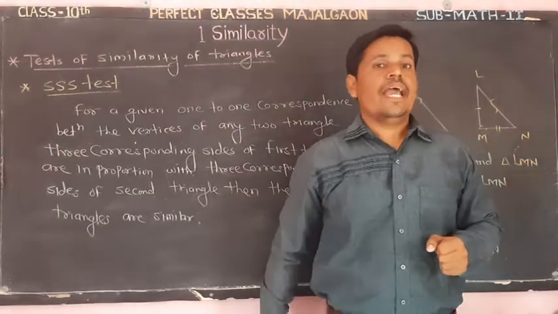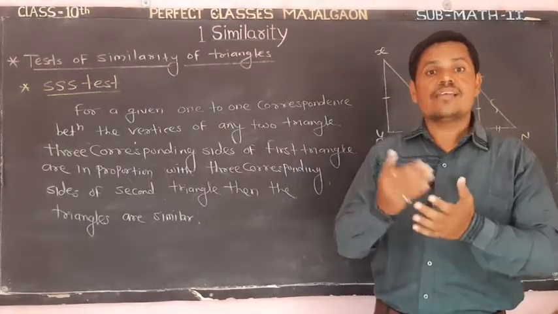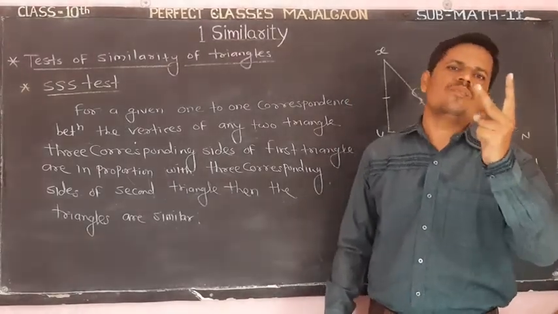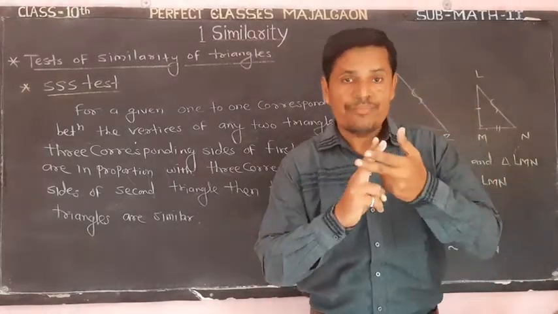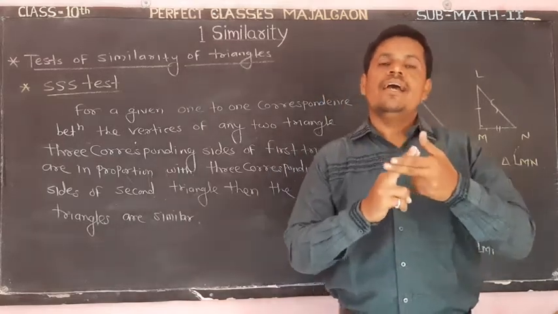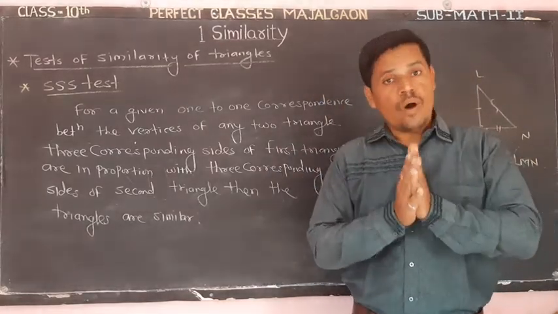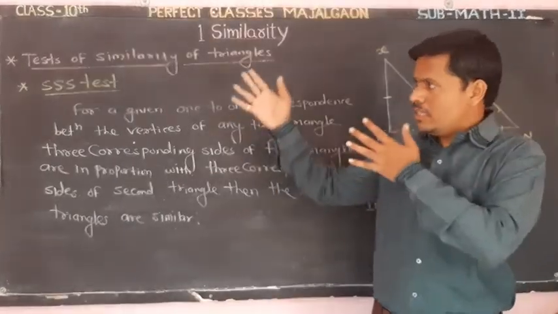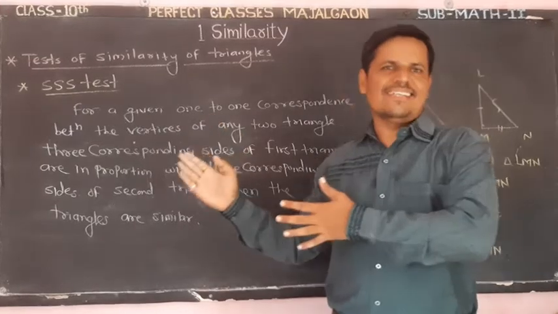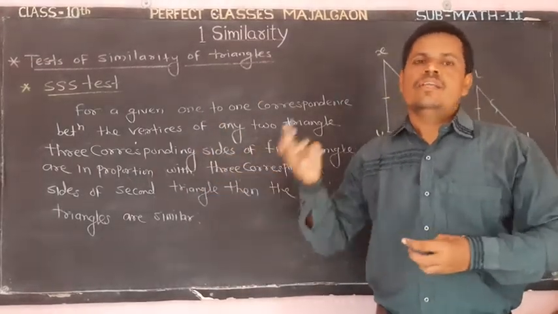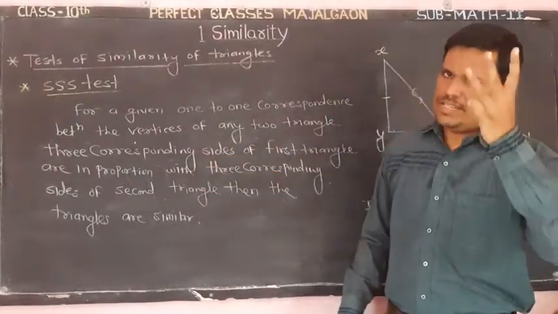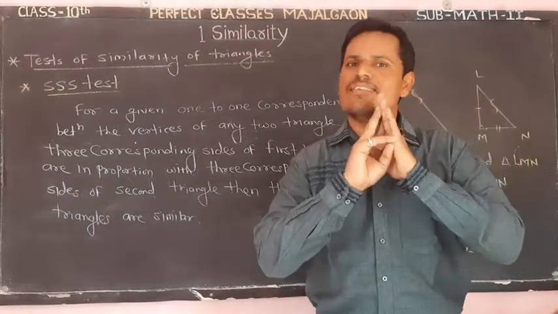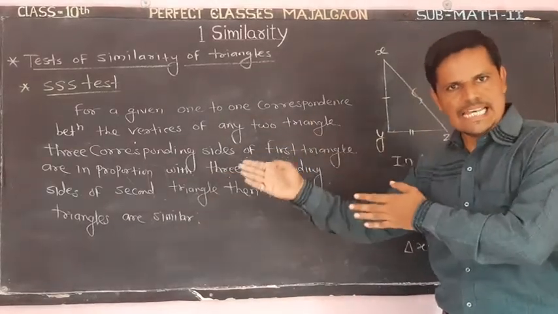The first is angle. Then we see SAS. Two corresponding sides of the first triangle and two corresponding sides of the second triangle are in the same proportion, and the angle between them is congruent. Then they are similar by the test of SAS. And the last test is on the board, SSS test. It means side. Three corresponding sides of the first triangle and three corresponding sides of the second triangle are in proportion. Then they are similar by the test of SSS.